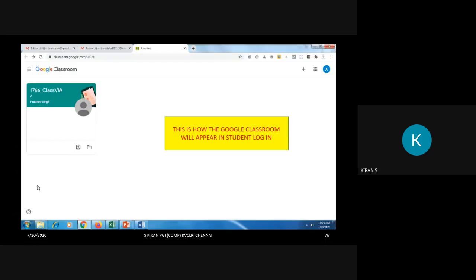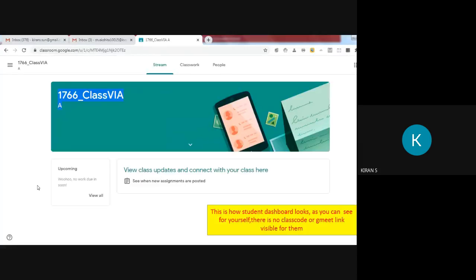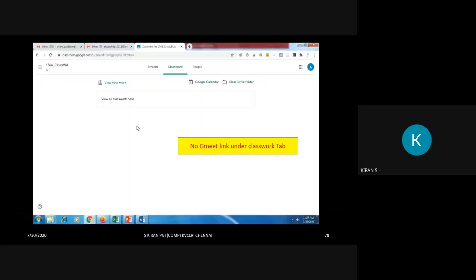So now let's have a sample of how the student interface will actually appear. So this is how the student interface will appear. They will be in one class only, right? Now on the dashboard, the class code or the Gmeet link is not made visible. Till now we did not make it visible. So this is how their dashboard will appear.